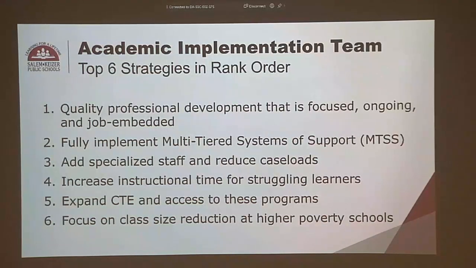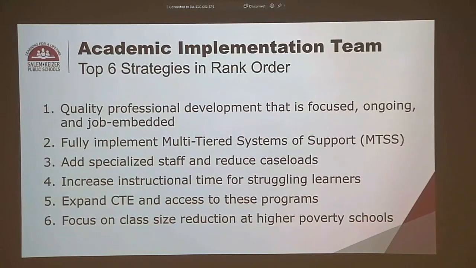We heard from the team a lot as well about multi-tiered systems of support, which you can remember we talked about last week at the board meeting as well. And that speaks to the need to not have just something placed here and something placed here, but to have a system of support across. And so that's what we heard from the academic team. Again, this is highly correlated to an effective practice.